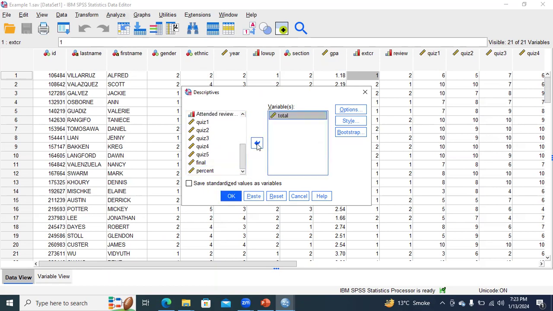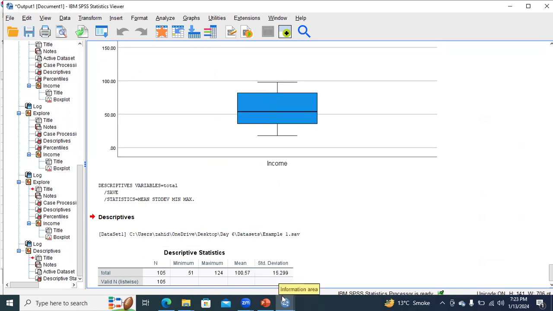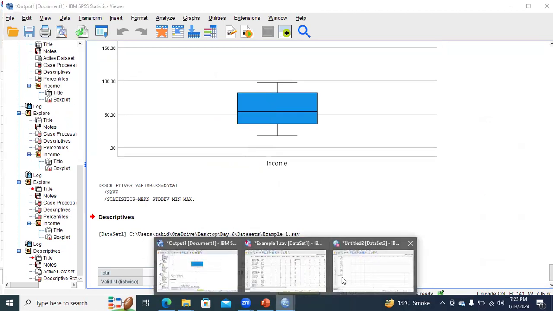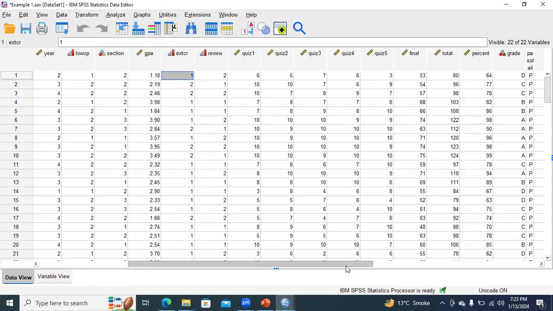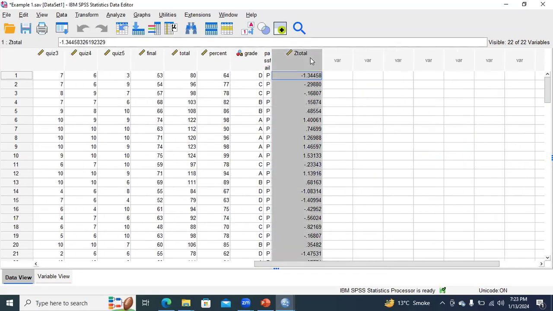For example, you need to put the variable of interest in the variable box, and then you simply need to check this option, save standardized values as a variable, and then you need to click OK. So whenever you generate it, you need to see the last column of your data. You can find out here